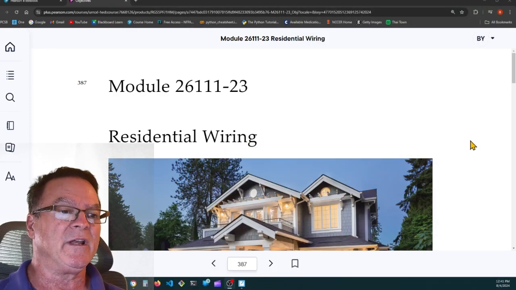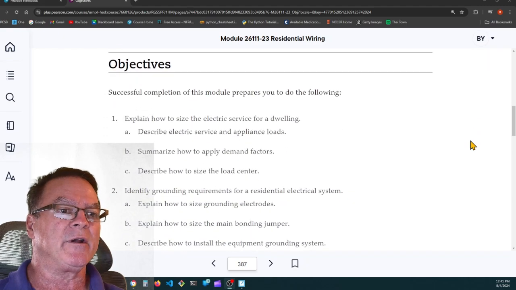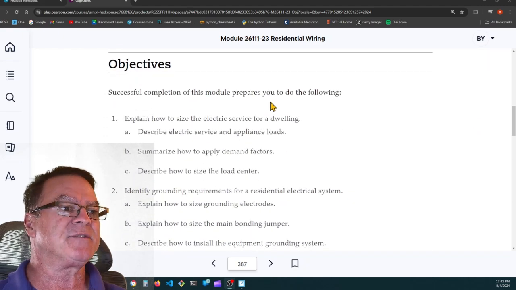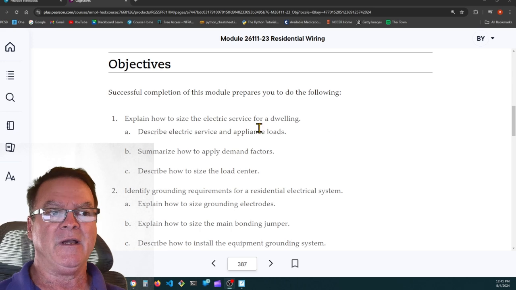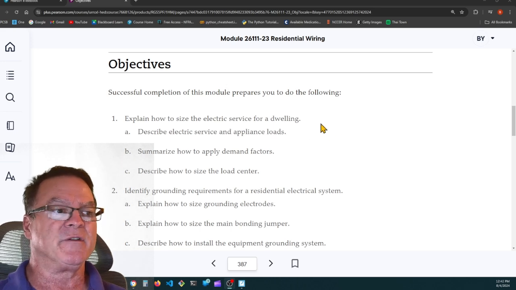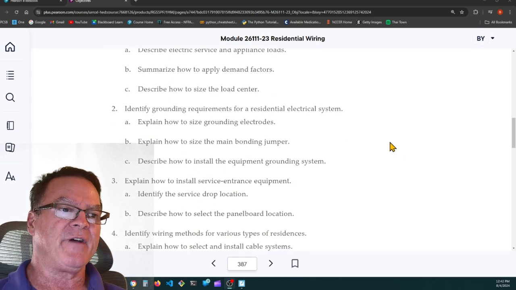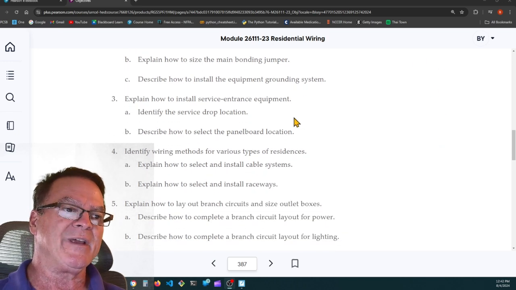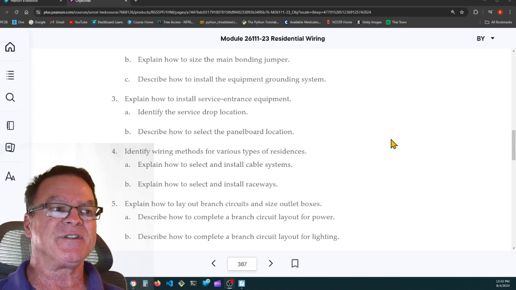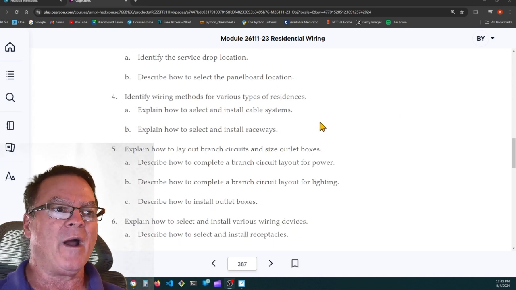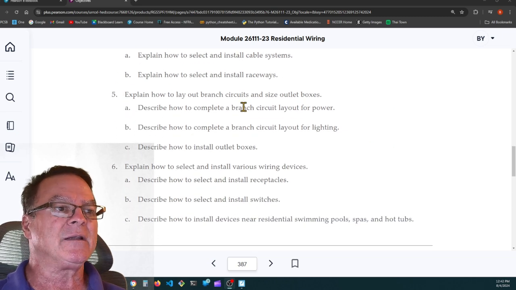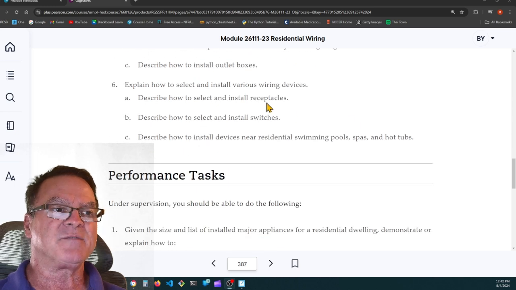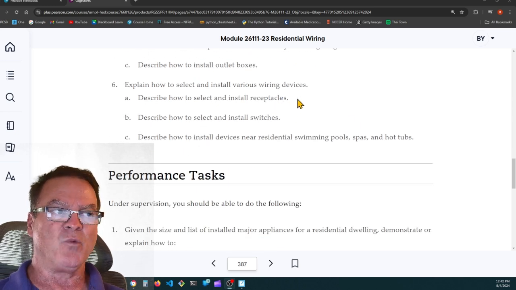Module 26111, Residential Wiring. Successful completion of this module prepares you to do the following. Explain how to size the electric service for a dwelling. Identify the grounding requirements for a residential electrical system. Explain how to install service entrance equipment. Identify wiring methods for various types of residences. Explain how to lay out branch circuits and size outlet boxes, and explain how to select and install various wiring